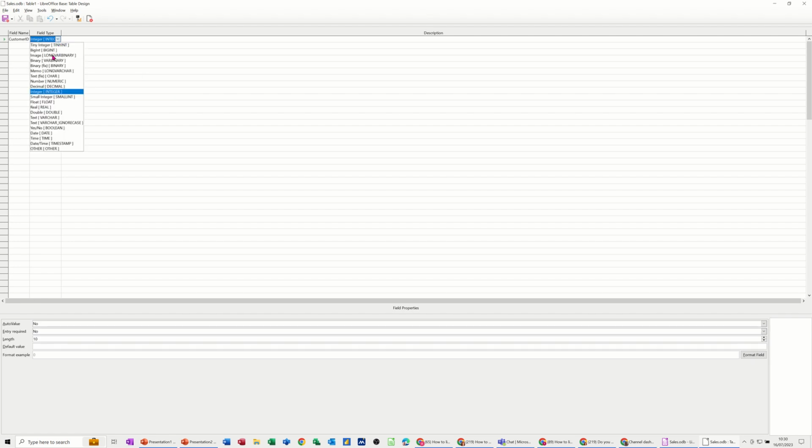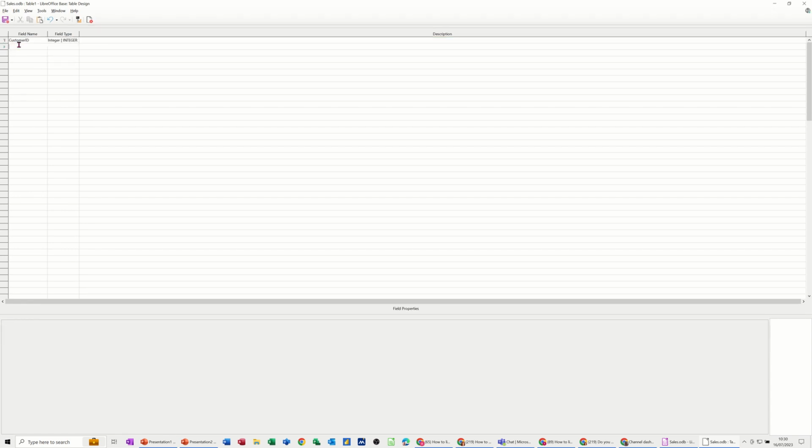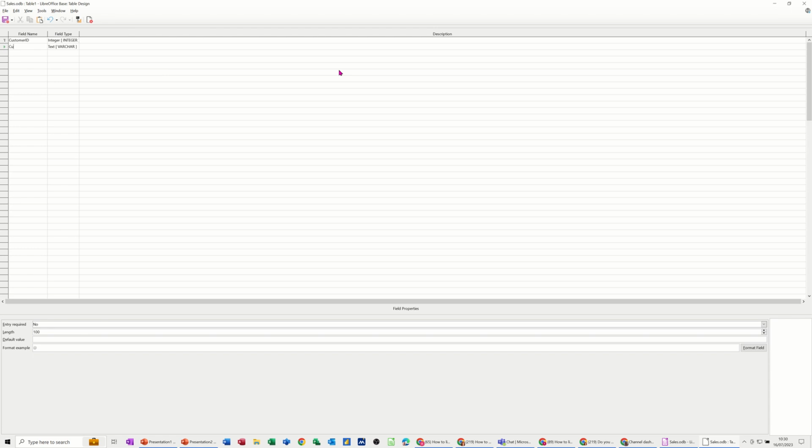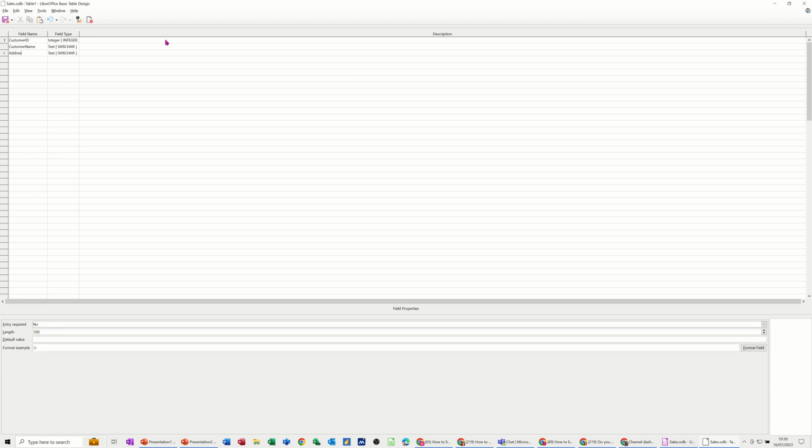So these are the field types that you can have. I want this to be a number. This is going to be the unique identifier, and it's also going to be the primary key. So if I just right click on this little list here and click on primary key, I can set that as the primary key. Customer name. Now this is just going to default to text. When I tab across, there it is. That's what I want. So then we've got address,